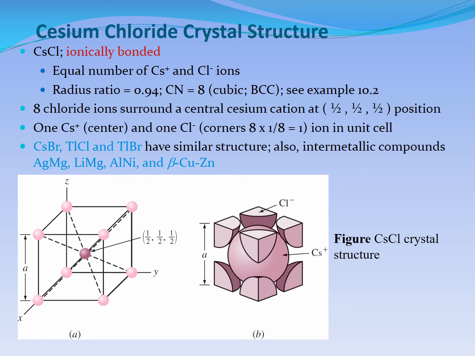I am just sort of copying some slides from your earlier course, on the three basic types of crystal structures in ceramics. Cesium chloride crystal structure. Cesium chloride, CsCl. So it is the AX type, one of this, +1, -1. And it is ionically bonded, right? Bond is ionic, right? Not covalent.